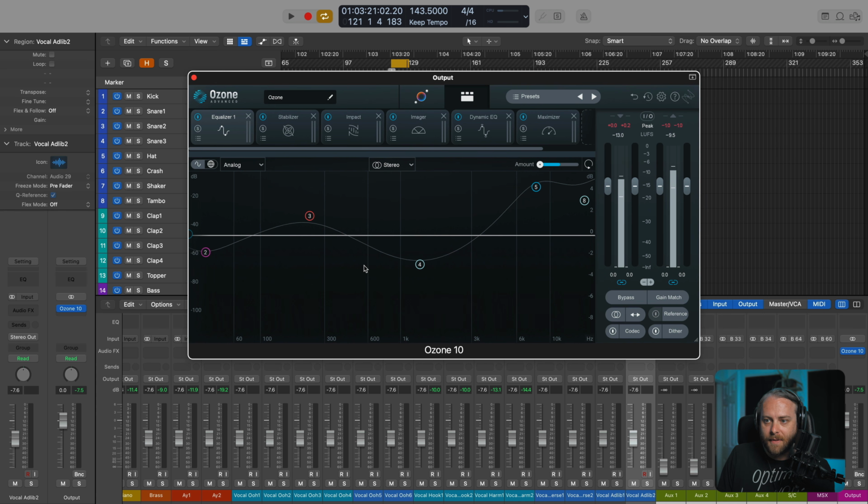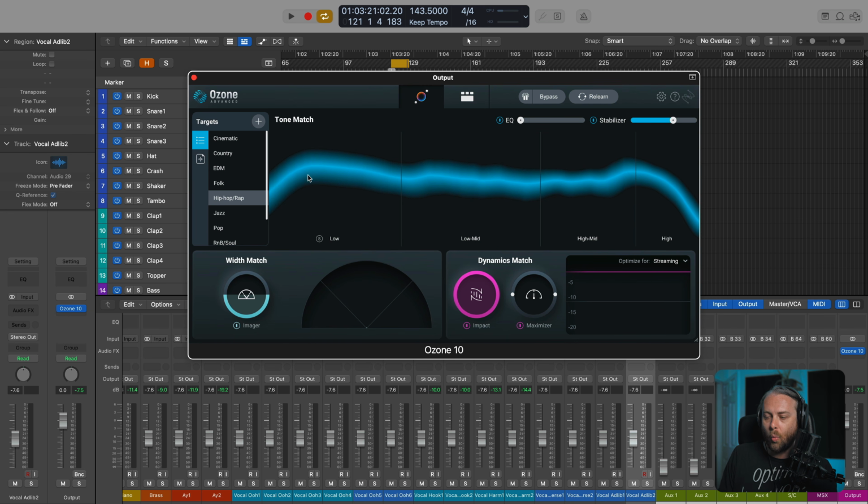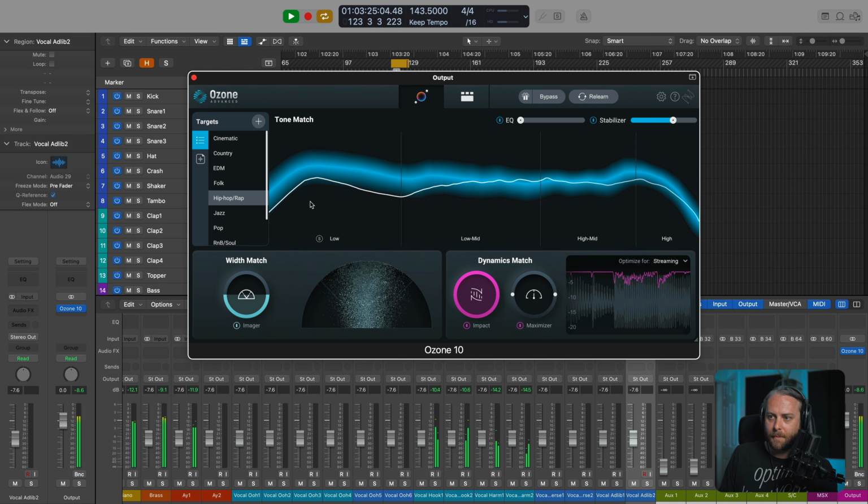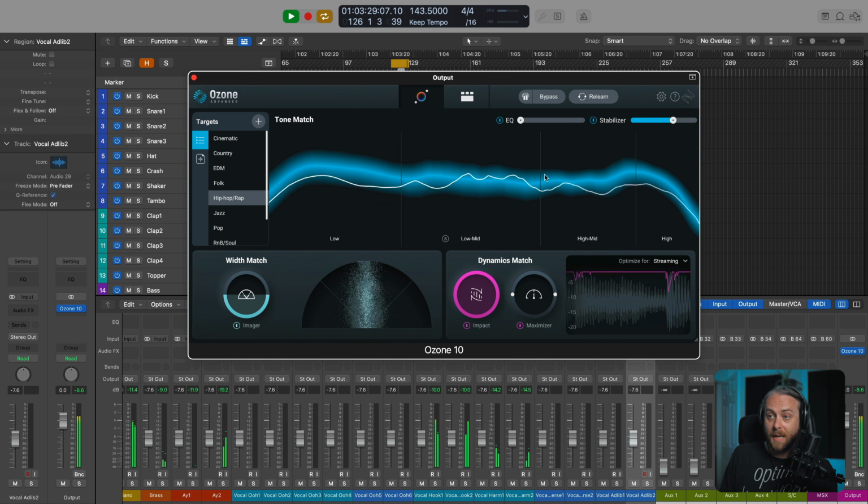So I'm not going to get any of these EQ changes, which are contributing in part to the white line meeting this curve. So because I have it down here at 0, it's going to struggle a little bit to form and mold within that blue outline. The stabilizer is still doing some work, so it's not completely out of whack with this background. Let's bring this back, double click to return it to default.